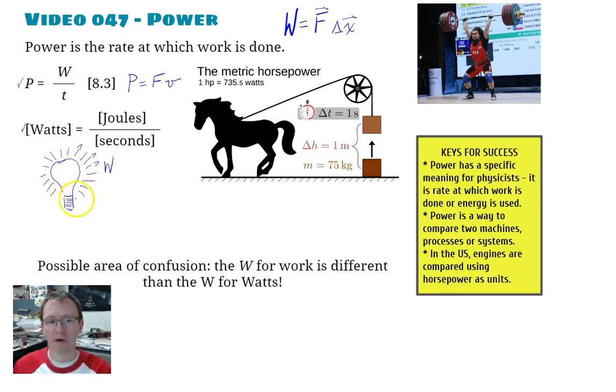So if you figure out how much work is done generating all that light and heat, and you divide it by the amount of time that it takes, you end up with the power that is dissipated by the light bulb, the power that it uses every second. And you are totally familiar with this because when you go to buy a light bulb, what you look for is its brightness, and its brightness is measured kind of in watts. That's probably where you're most familiar with that.